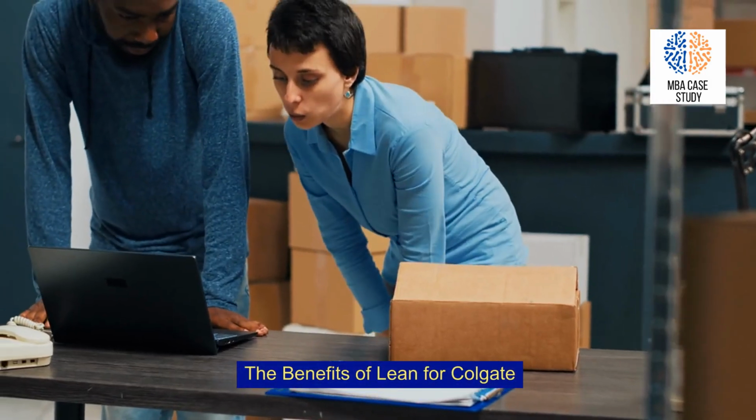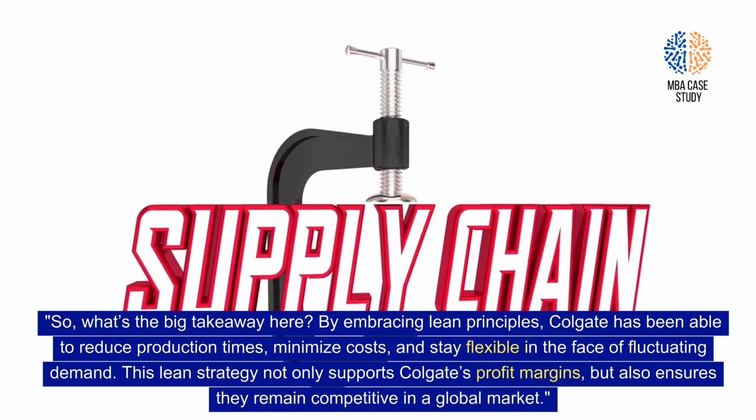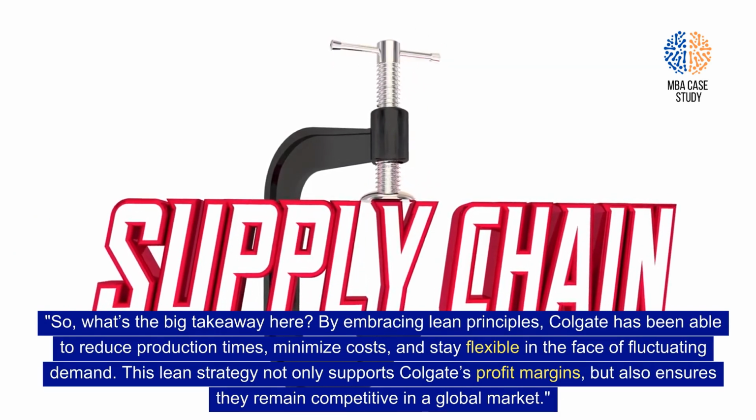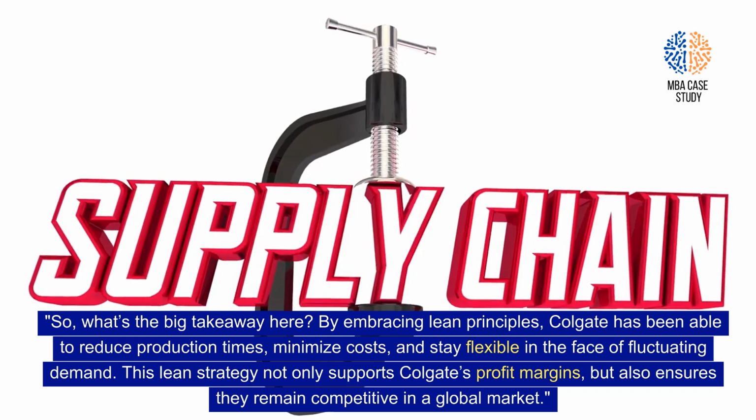the benefits of lean for Colgate. So, what's the big takeaway here? By embracing lean principles, Colgate has been able to reduce production times, minimize costs, and stay flexible in the face